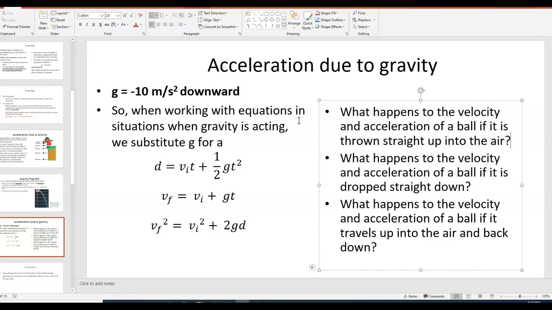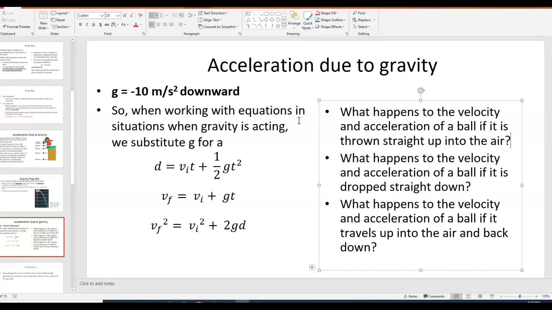So the acceleration of the ball does not change as it goes up into the air. It does not change as it falls back down from the sky. The velocity of the ball, which has to do with how fast it's moving, does change. So if you imagine taking a ball in your hand and tossing it up into the air, as it goes up,